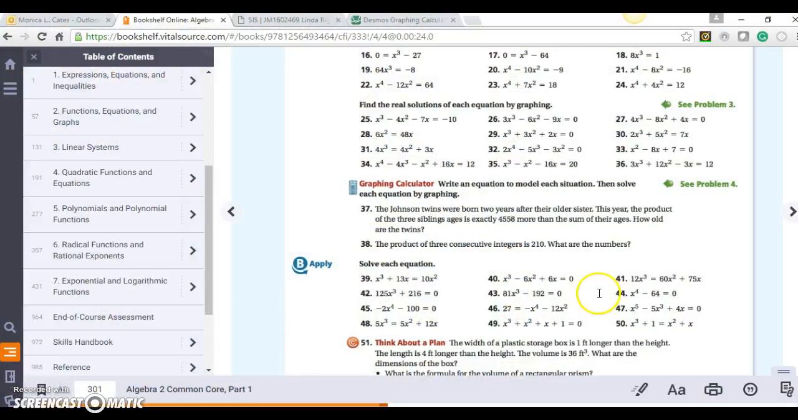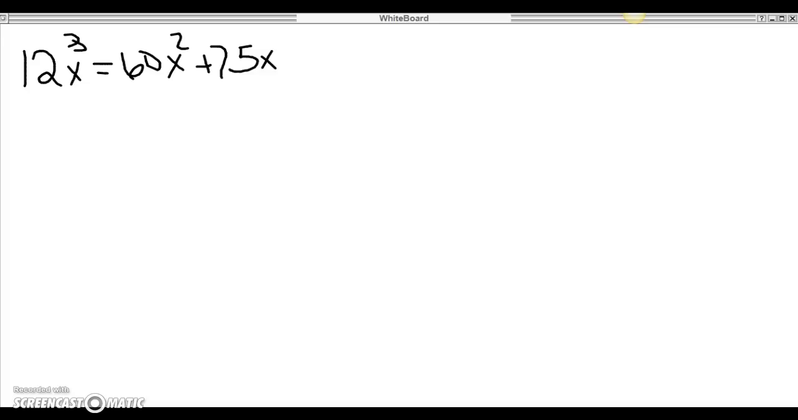Hello, we're looking at problem 41, and it says solve each equation, and I have 12x to the third power equals 60x squared plus 75x. So I've written it here on my whiteboard, and in order to solve problems like this, it's best to set them equal to 0. So I'm going to move everything to one side,